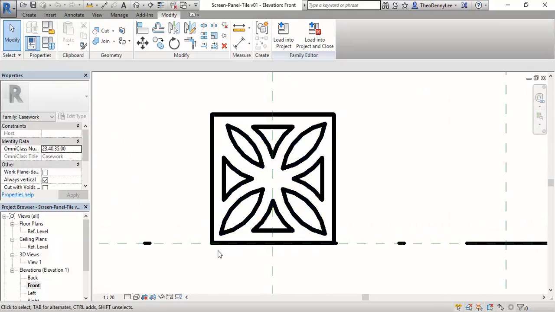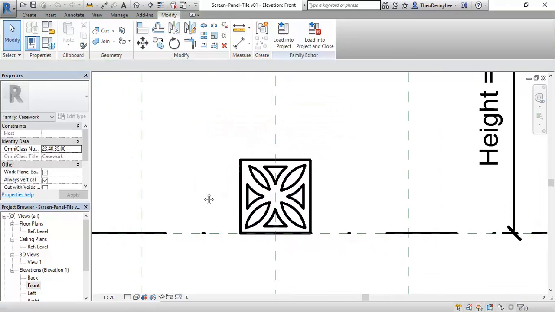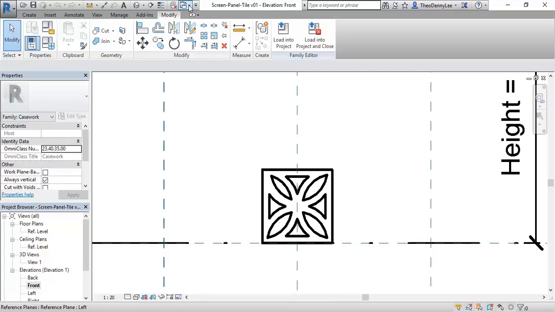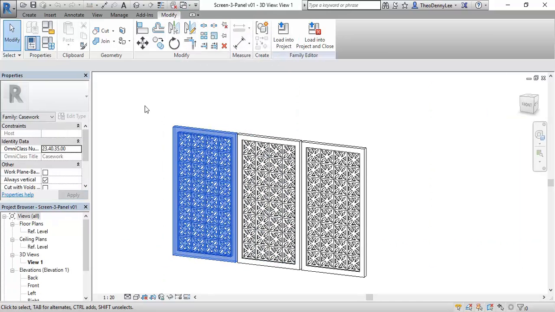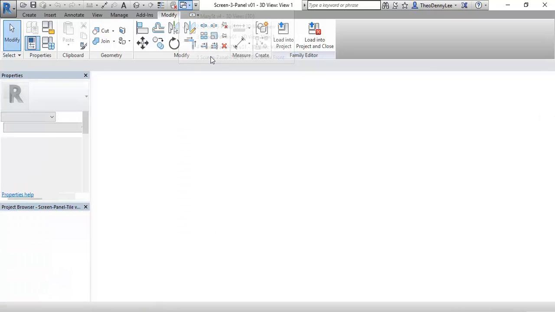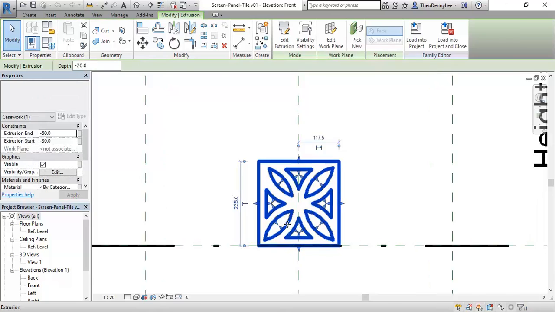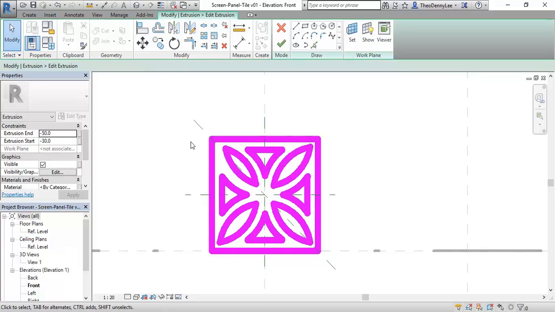Okay, so I've got my family with that individual tile there, and now I just want to show you how to make variations on that initial setup I've got with the screen with the three panels. Also, I'm calling them panels, the three screens. And I'll load a new pattern into those, starting with that individual tile. So I'll just select it and then go to Edit Extrusion, and I'm going to clear